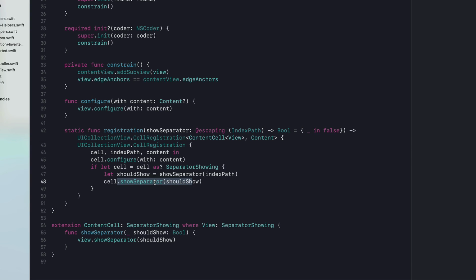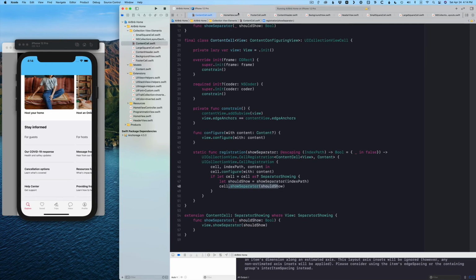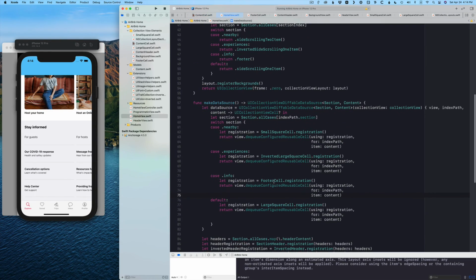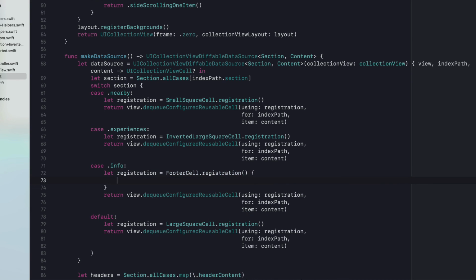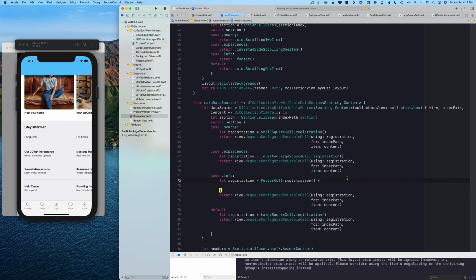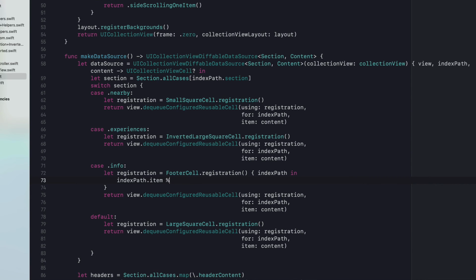Then we just in make data source need to update our registration for the info section. So the rest of these will be fine because of that default value. But here we want to add a closure and we get an index path. We need to return a Boolean. So I'm going to look at the index path. And if the remainder of it being divided by 4 does not equal 3, we're going to return true. Otherwise,